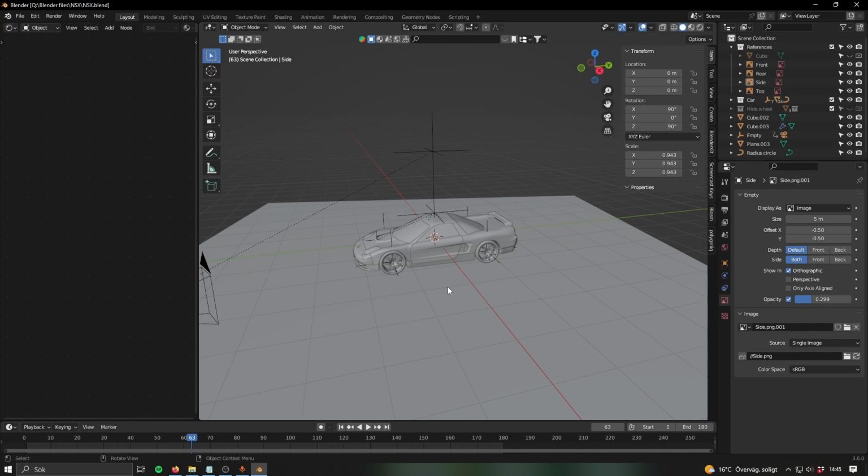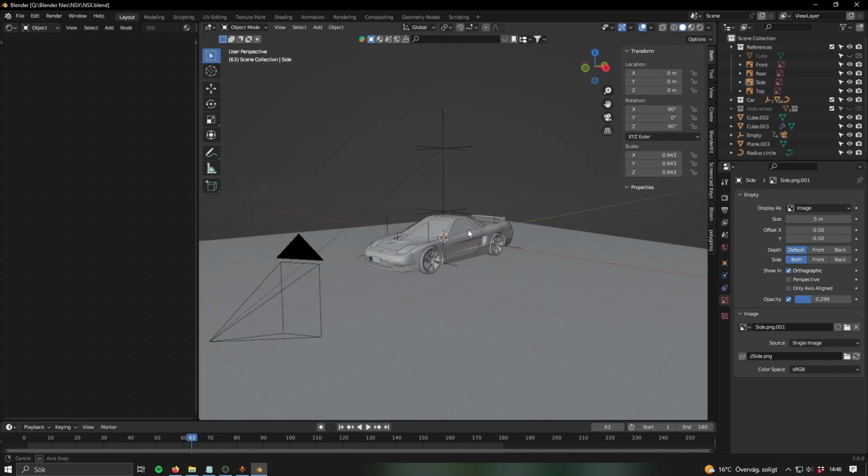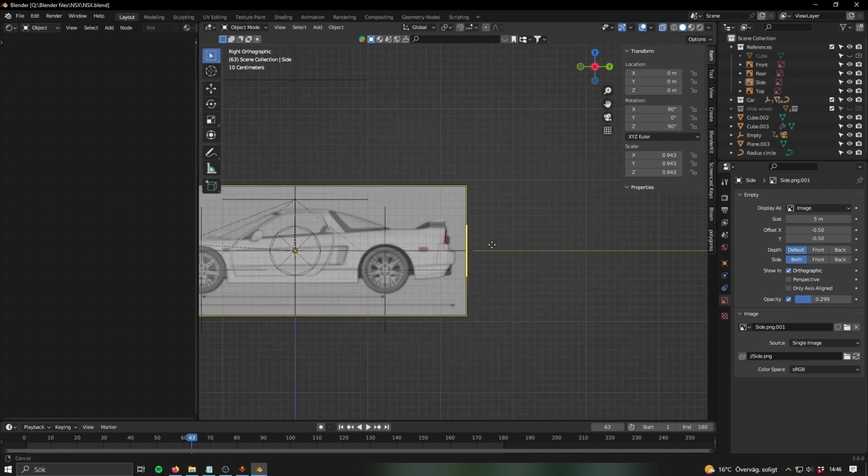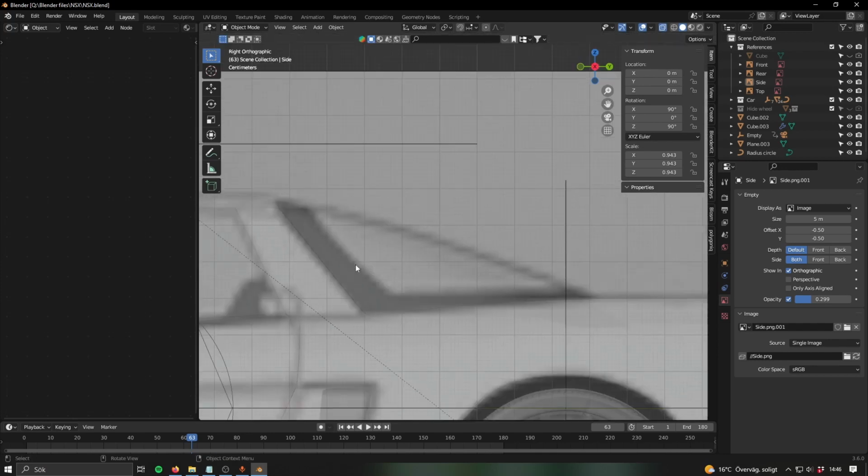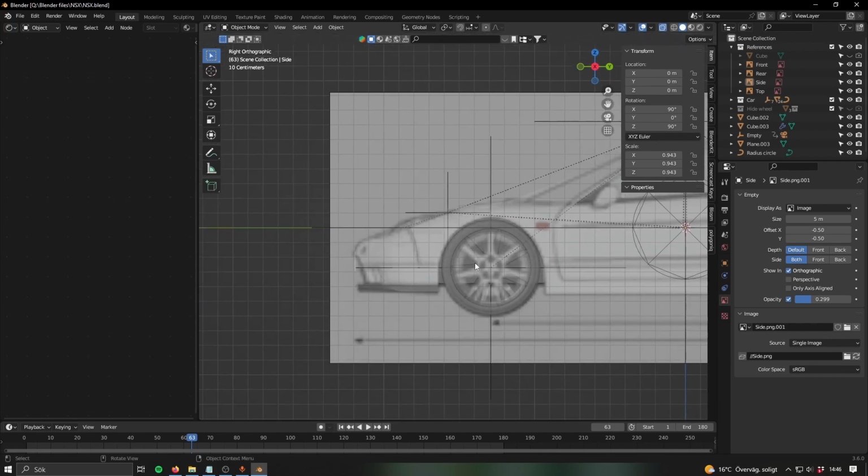Maybe you don't want to buy a model off the internet, or maybe a model of that car doesn't even exist. And then this is a good way to do it. Keep in mind, if you want high quality blueprints, that's probably going to cost some money. Probably less than an actual 3D model, but yeah. There are free blueprints usually, but they're usually lower quality. So like you can see here, if I zoom in, it's pretty pixelated,